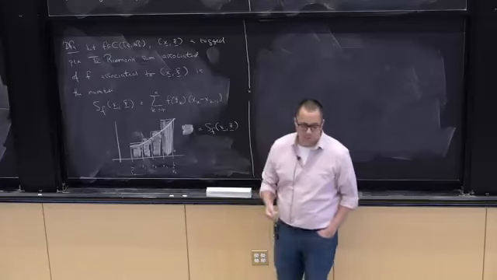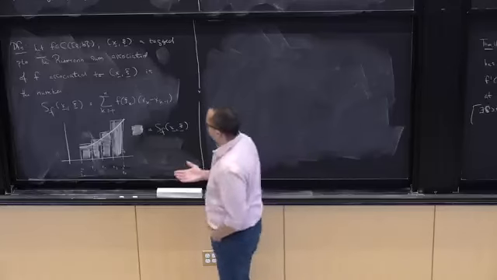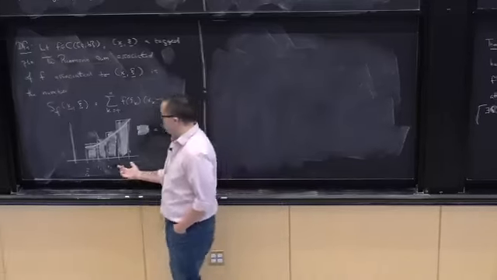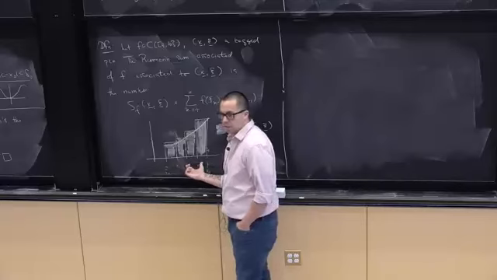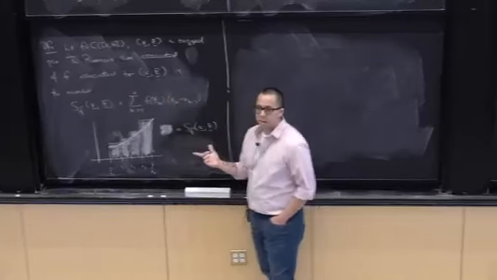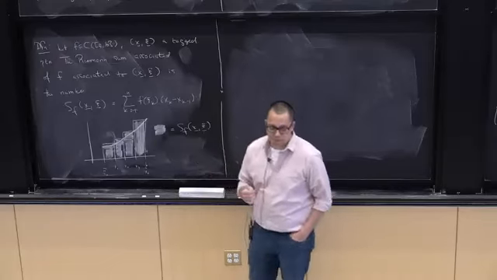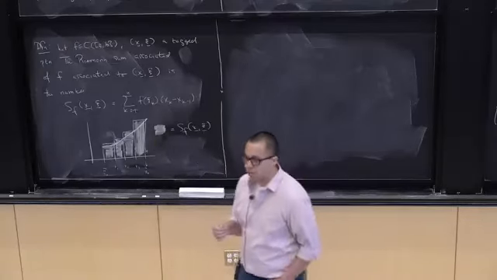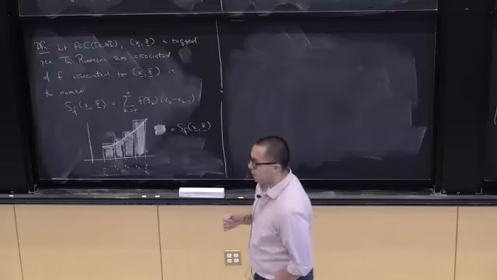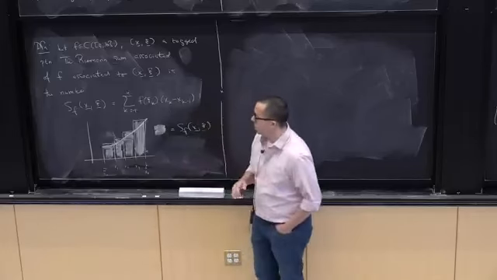Now for this to work, we have to show that as we take partitions with smaller and smaller norm, where the intervals get smaller and smaller, these approximate areas actually do converge to some number. And that's going to be the content of the next lecture, in which we'll prove the existence of the Riemann integral and prove some properties. But the take-home point is,